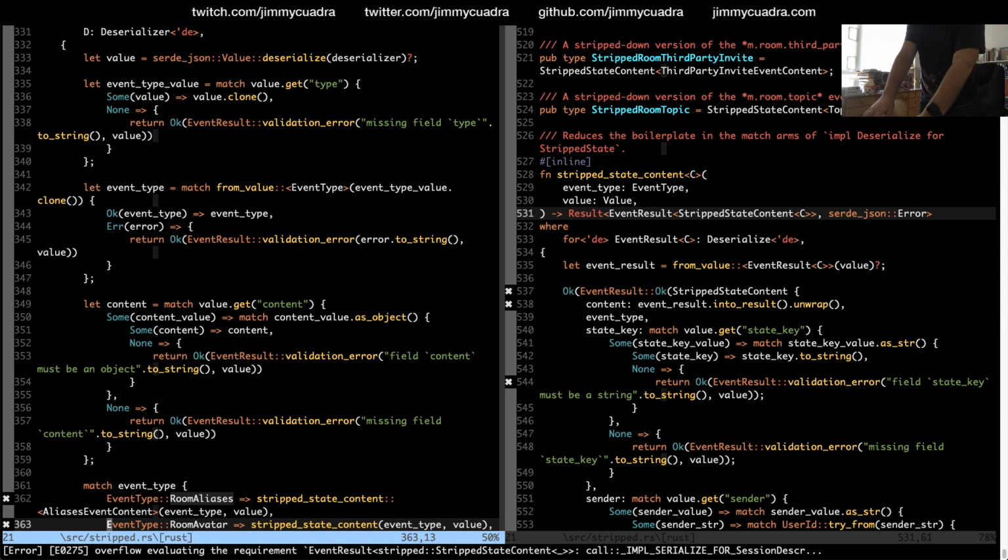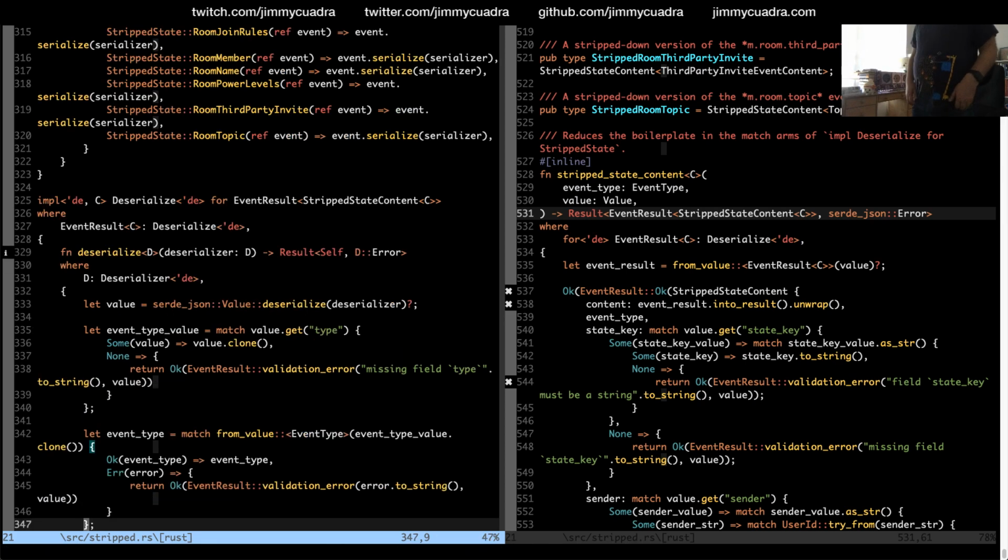Yeah, I guess that makes sense, because that C is not constrained by anything. There's a finite set of content types that this can actually be, and so you can't deserialize any generic event result into this, because it has to be one of those specific types.